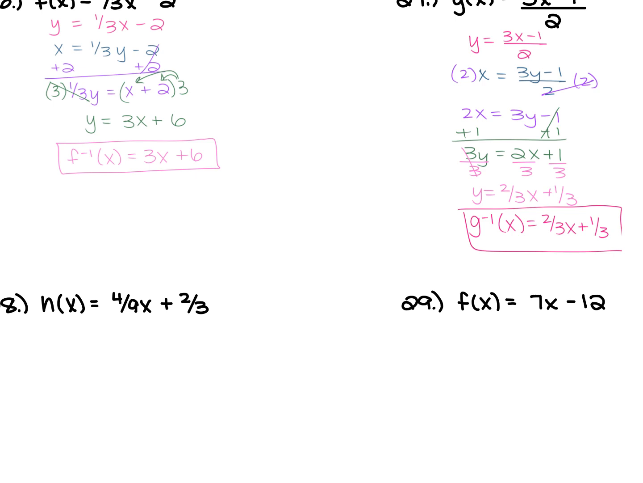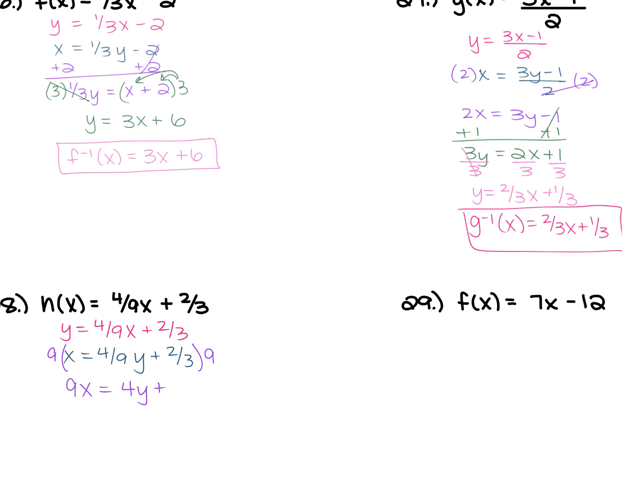For number 28, you have h of x is equal to 4/9 x plus 2/3. Change the h of x to be y. Then switch your x and your y. So x is equal to 4/9 y plus 2/3. Now, I don't want to work with fractions with these, so I'm going to multiply everything by my least common denominator, which would be 9. So if I multiply everything by 9, it's going to give me 9x is equal to 4y plus the 3